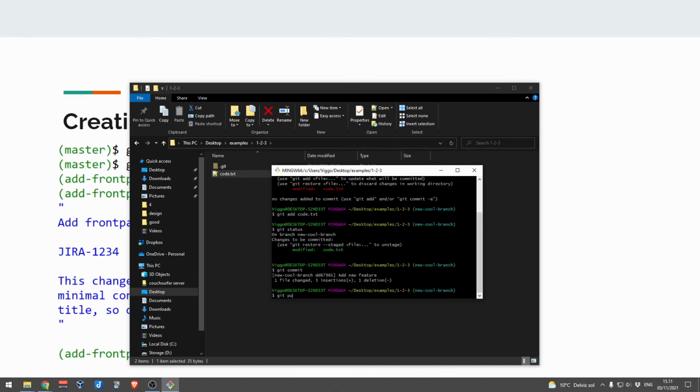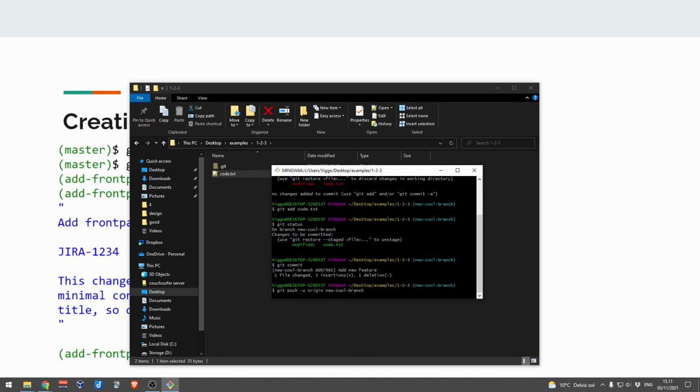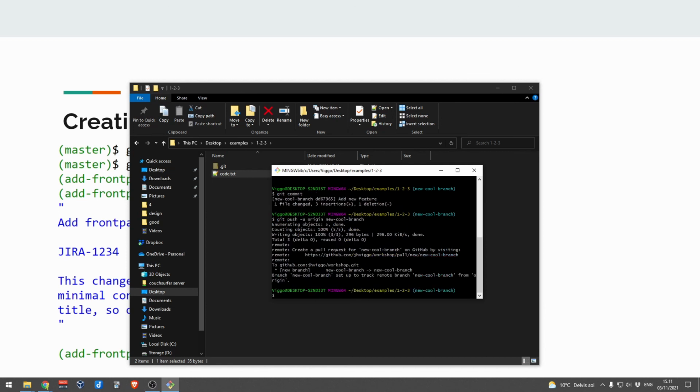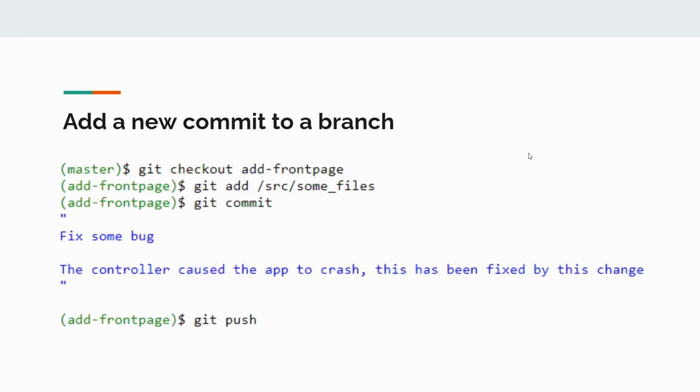And then you would simply do git push -u origin and then the name of the branch. And as you can see now, I have my new branch pushed to the repository. So if I were to go to the GitHub account, I could see it there and I could create a pull request for the other people to look at. So if we go back to my slides,